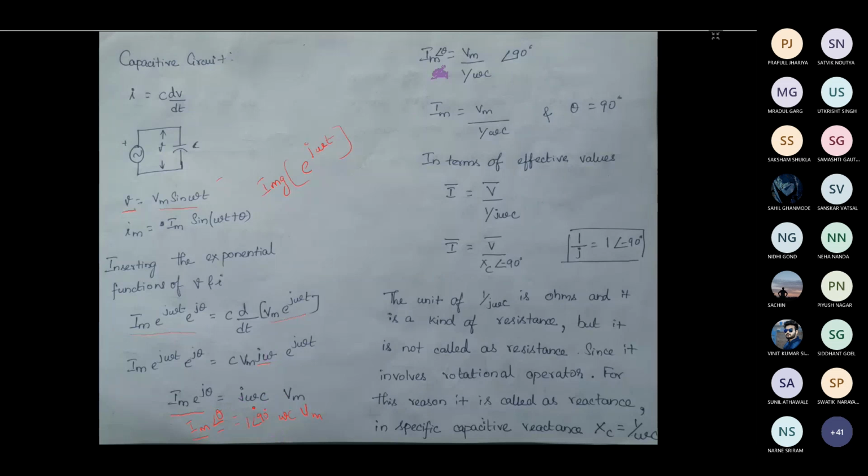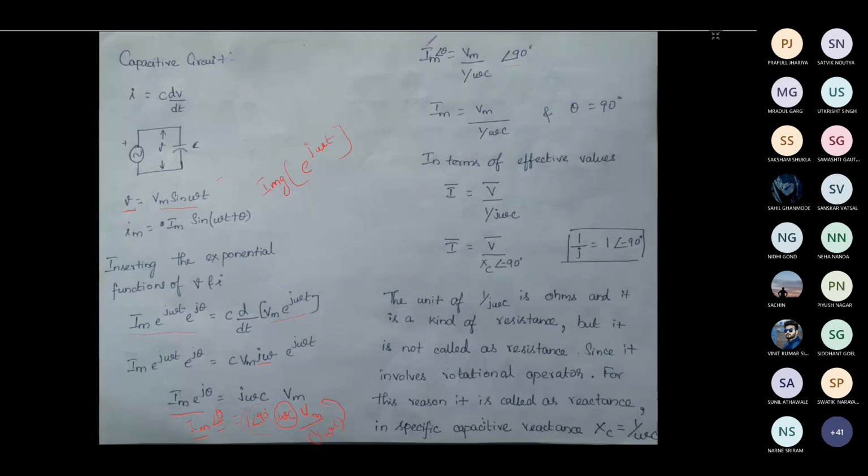So this Im angle θ will be equal to Vm divided by 1/ωC. Here 1/ωC is written from this. Instead of ωC, we have taken Vm divided by 1 divided by ωC. Okay, so both are the same, ωC and 1 divided by ωC if you represent. So if you take this to the numerator, you will get ωC into Vm. So the same thing we have done here. So Vm divided by 1/ωC you will be getting, then this 1 angle 90 degree that we have written at the last.